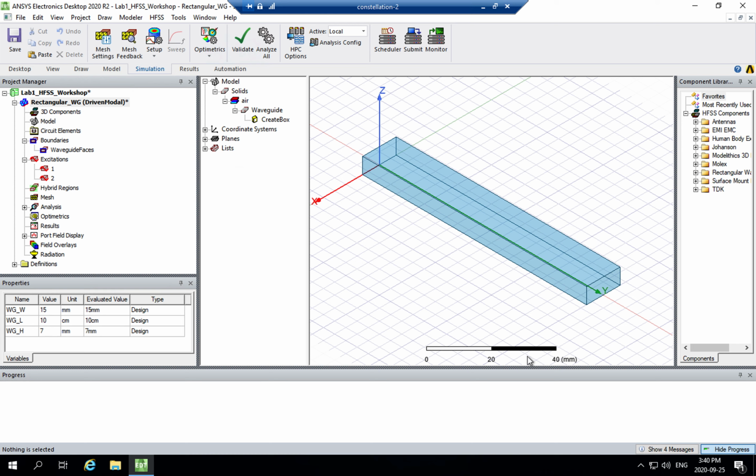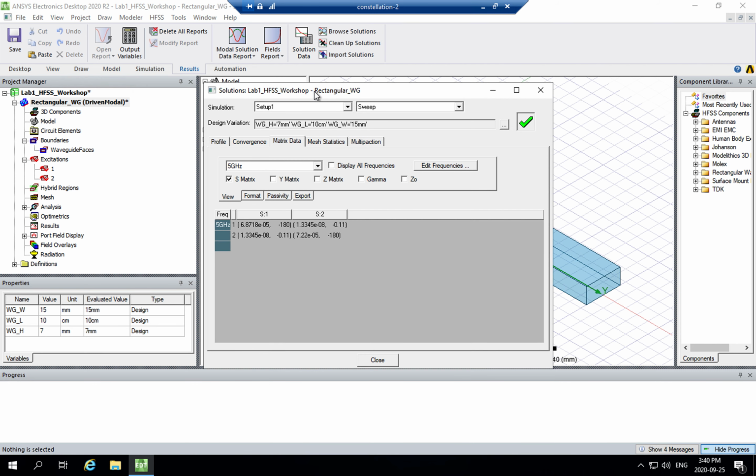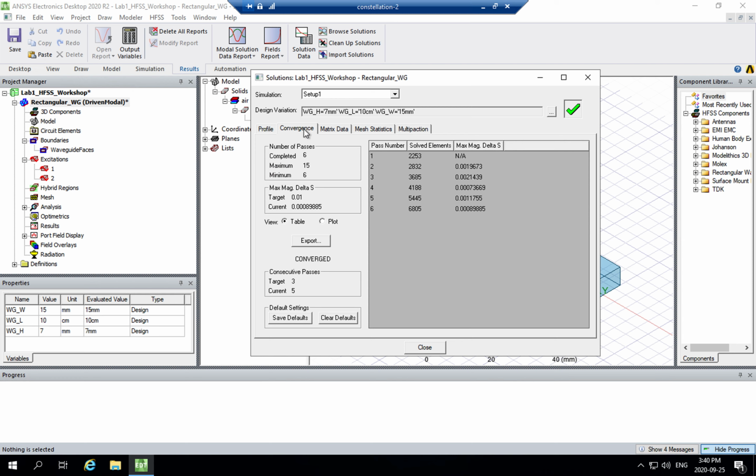Alright, so when your simulation is done, the very first thing you want to look at is the convergence. Because one thing HFSS is not going to do is tell you if your design hasn't converged. So that's something that you have to look for to make sure that the simulation is accurate. So to do that, if you go under Results, Solution Data, and then Convergence,